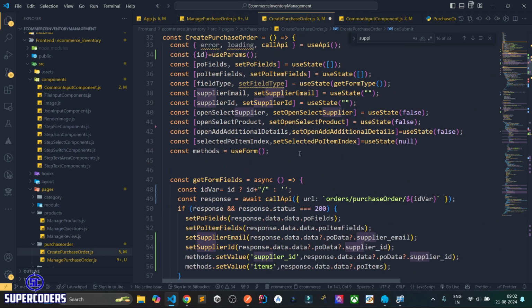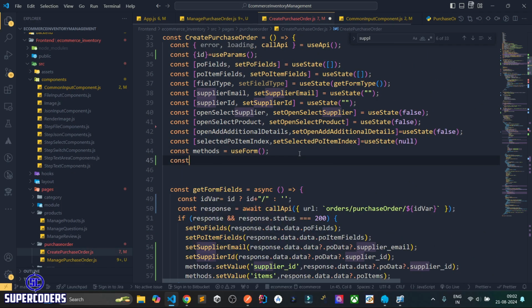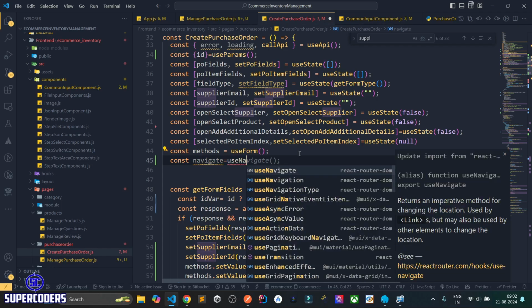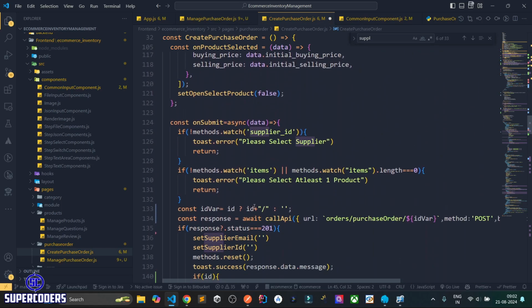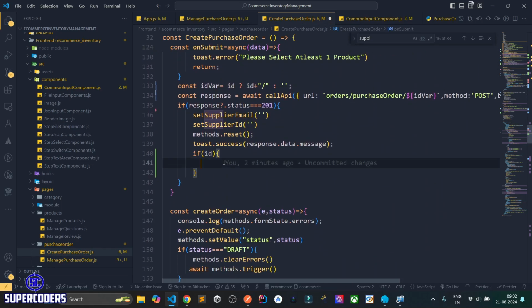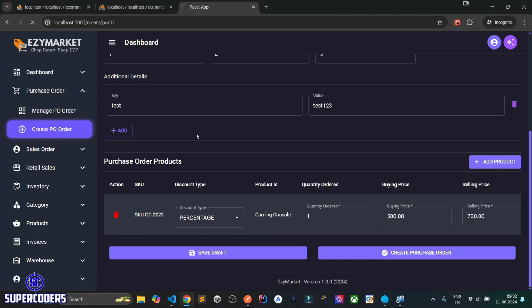So here declaring a navigate const, navigate equal to useNavigate. After editing, after saving the data, if there is ID, I can navigate to the manage purchase order. Now save it, back to Chrome, refresh page,